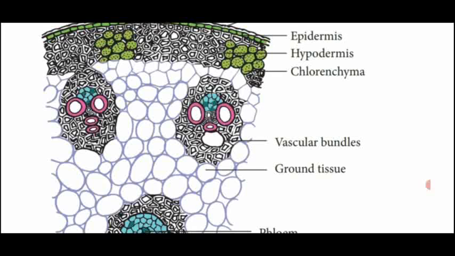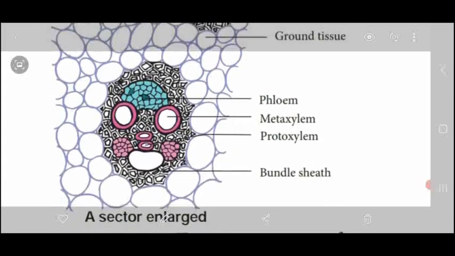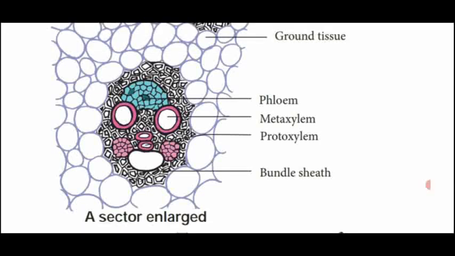Dear students, see these two vascular bundles. They are smaller in size, at the periphery or margin. When growing towards the center, see the vascular bundle is very large in size. This vascular bundle is called a mature vascular bundle. So in this mature vascular bundle, the last protoxylem elements disintegrate and form a cavity called protoxylem lacunae.